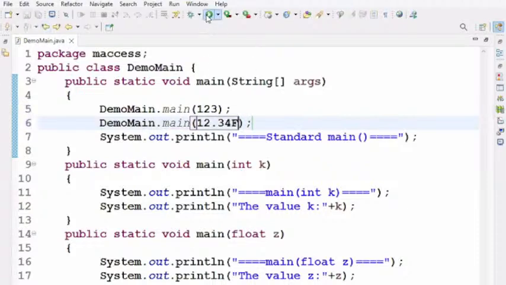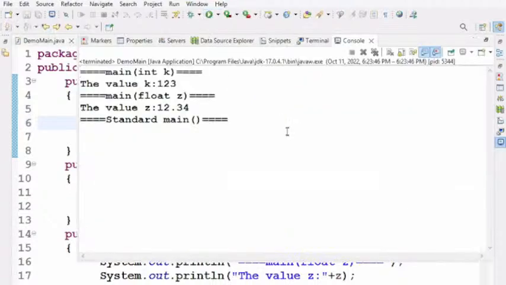Now if I run it, the two are running. Main of int is running, main of float is running. Anyway, standard main is running. So first, here the information is that the overloading process is possible. All of you clear about this statement? Right. Okay. Now the same program,